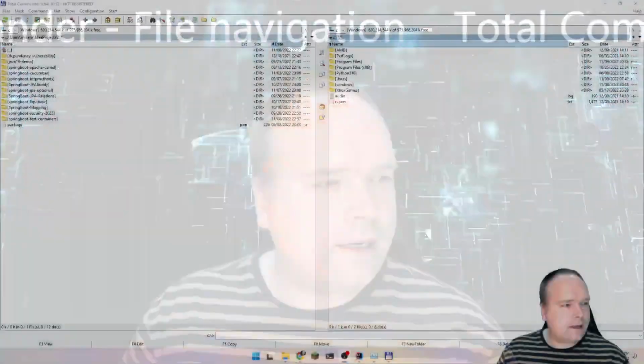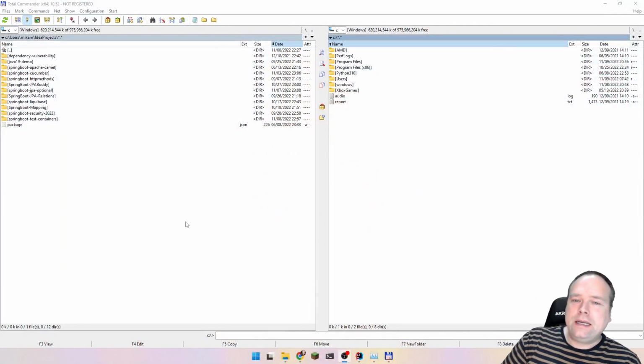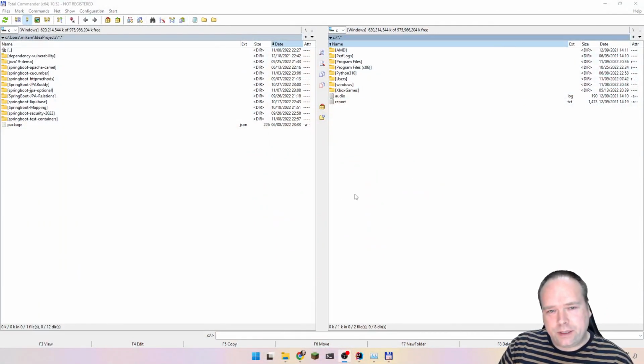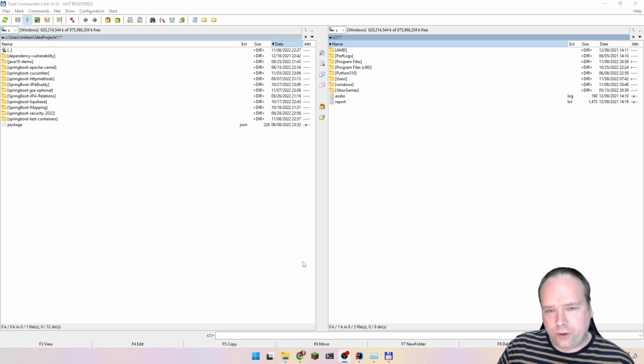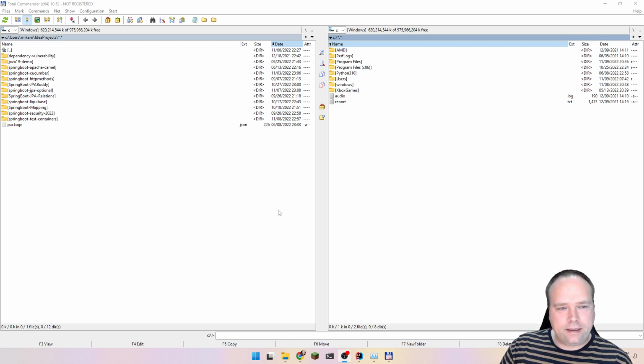Let us get started with Total Commander for Windows. It is very cool, it's awesome, it will make you more efficient. It is a lot of fun also. And if you are using pure Windows and if you don't use WSL, then I would say this is almost